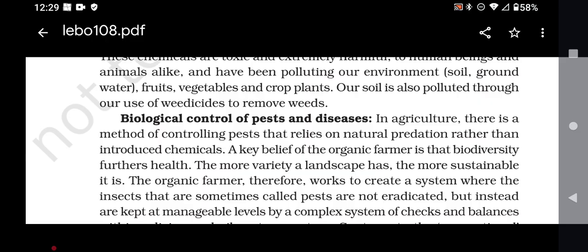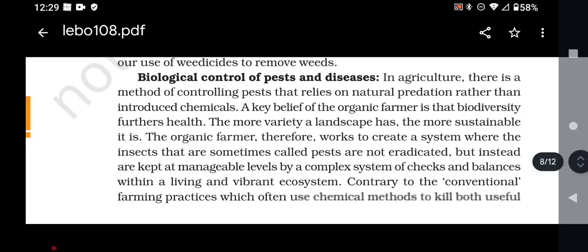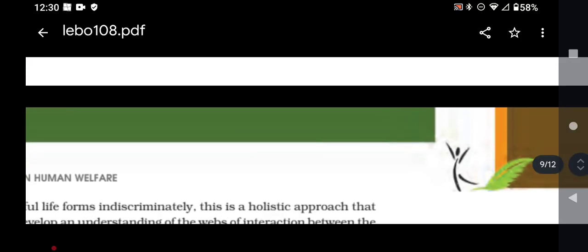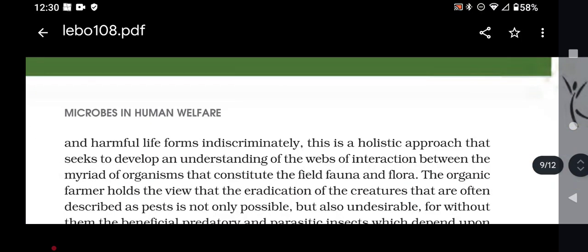A key belief of organic farmers is that biodiversity furthers health. The more variety a landscape has, the more sustainable it is. The organic farmer therefore works to create a system where the insects that are sometimes called pests are not eradicated but instead are kept at manageable levels by a complex system of checks and balances within a living and vibrant ecosystem. Contrary to the conventional farming practices, which often use chemical methods to kill both useful and harmful life forms indiscriminately,